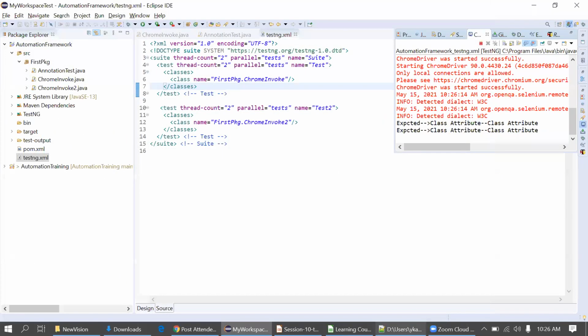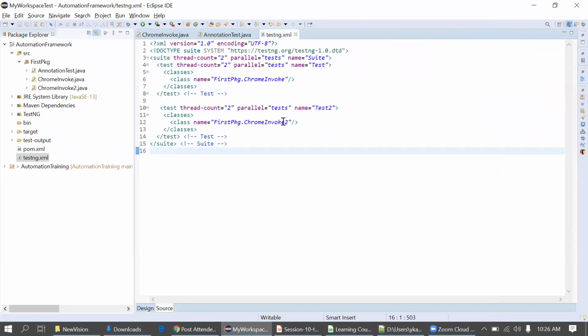Mainly test is used for multiple classes. Actually here I'm using only one class, that's why you're not seeing any difference. Okay, so in this way you can do the parallel execution by using testng.